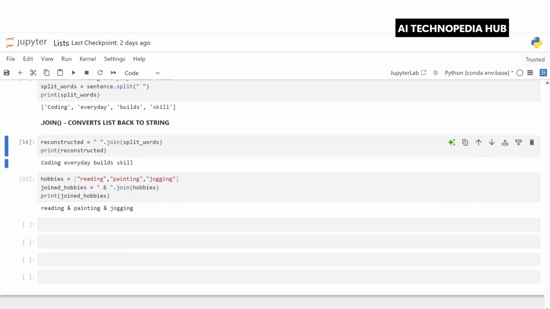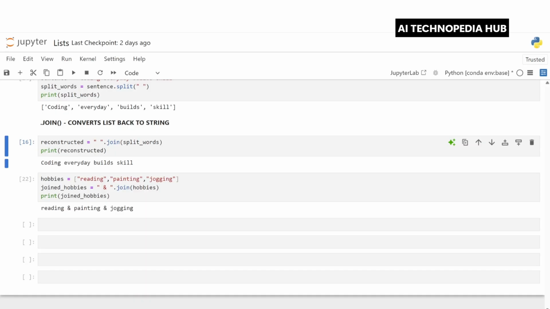Now let's look at the next example, which is the hobbies example. So here we have given a list: reading, painting, jogging. And now we are saying, using the dot join method, we can choose any separator. Here we are giving the ampersand symbol and operator. So we can choose any separator, and we have given joined underscore hobbies is equal to space and space dot join, and then we are passing our list.